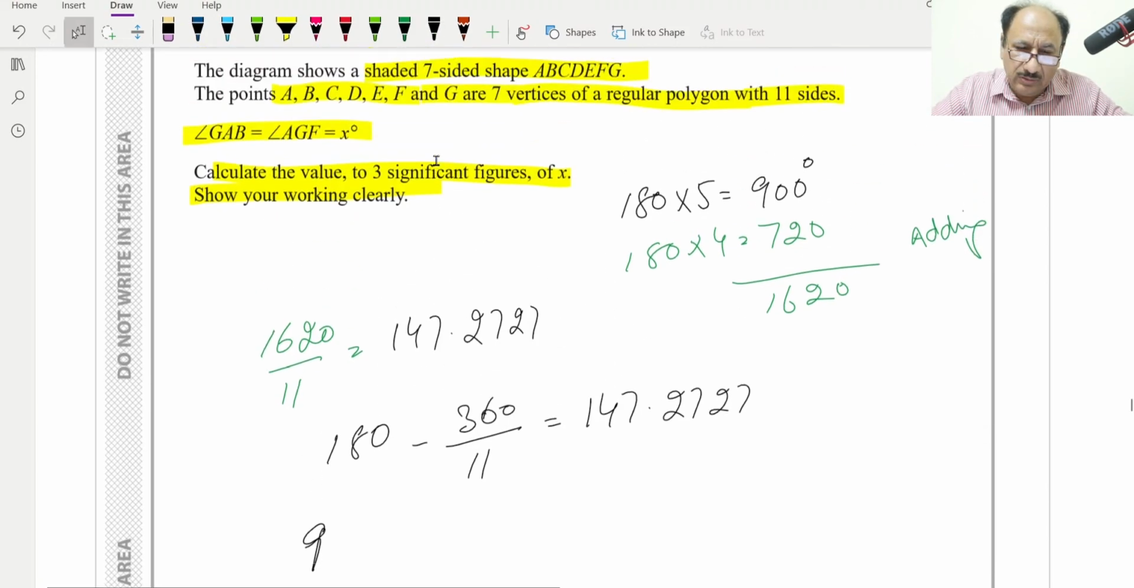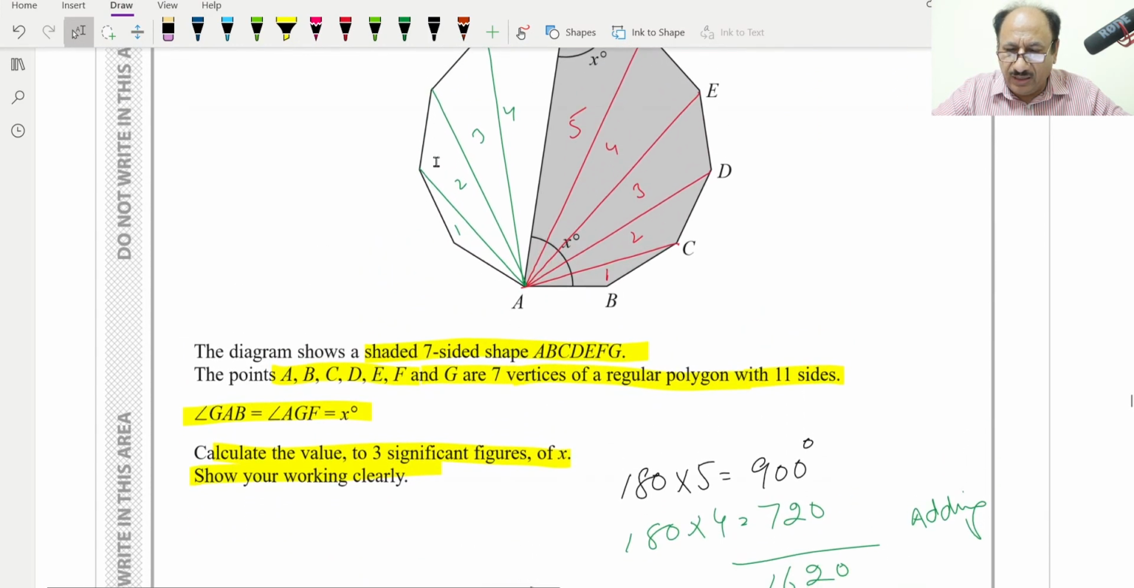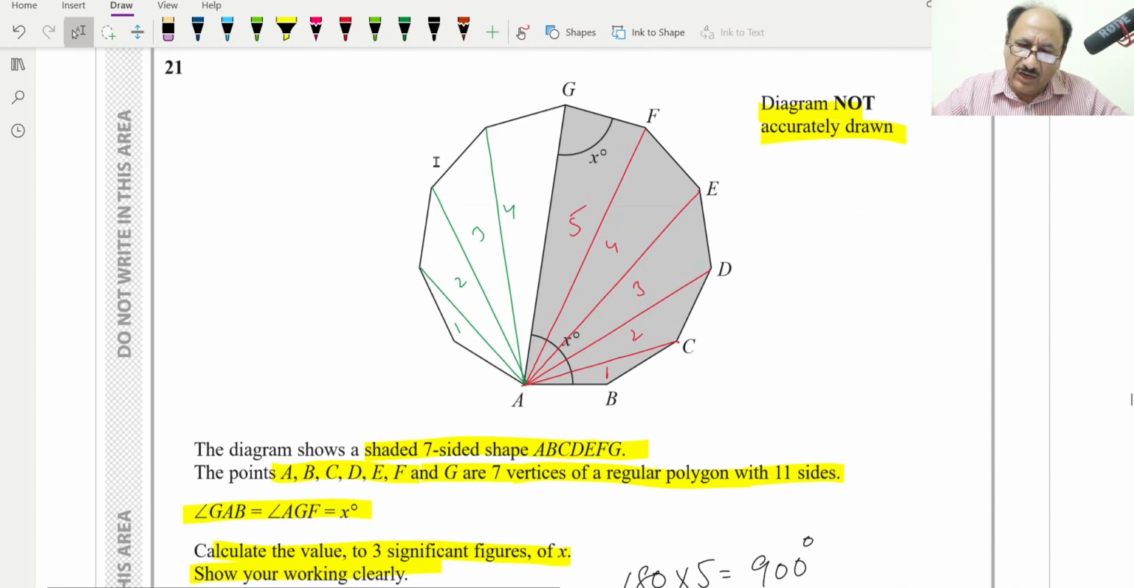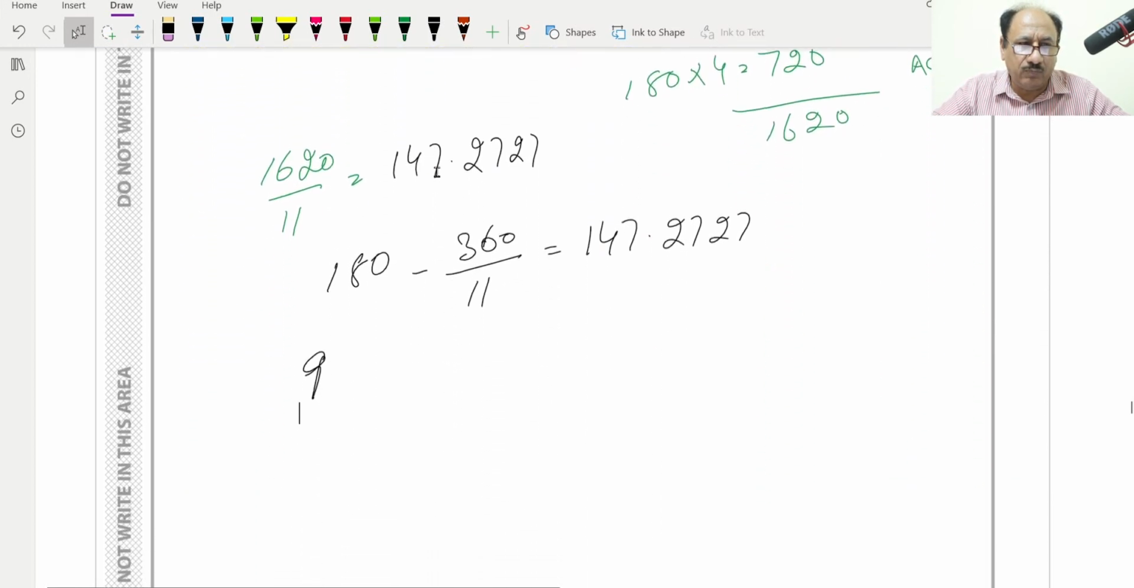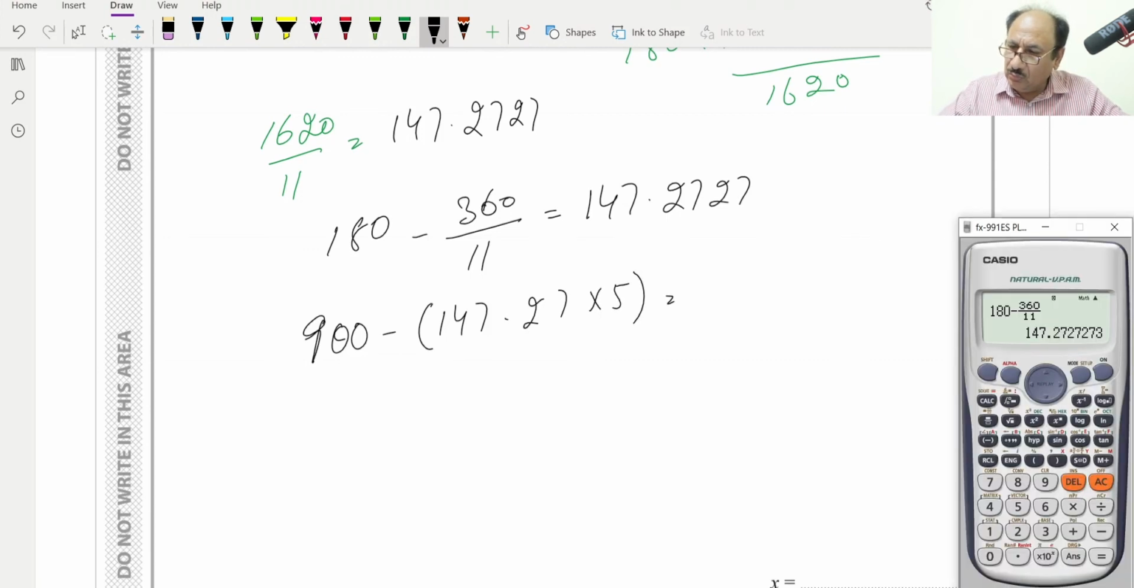We know 900 is the angle sum for these shaded 5 triangles. Out of those, there are 5 angles, 1 2 3 4 5 angles, of 147.2. So 900 minus 147.27 will be multiplied by 5. We will check this one. So this remaining angle will be what? 900 minus 147.27 multiplied by 5 is equal to